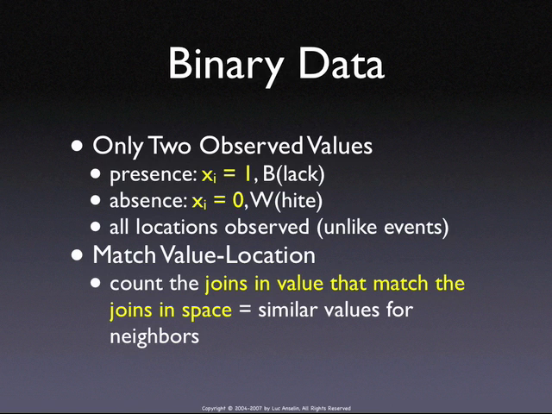So now we have to think, how do we get our ones and zeros into that a_ij that we need for our statistic? Think about this for a second. The statistic was a weighted sum of our a_ij's. So we have to come up with a_ij's that can actually be added up. And we'll add them up because w_ij will be non-zero for the neighbors. So by definition, we're only counting the non-zeros. We're only counting the joins. We're only counting the situations where i and j are neighbors. So to get to our value measure,